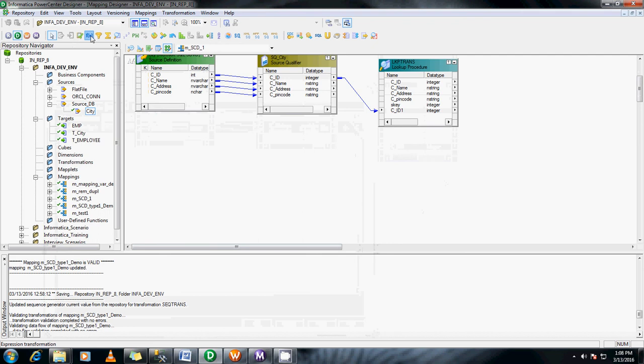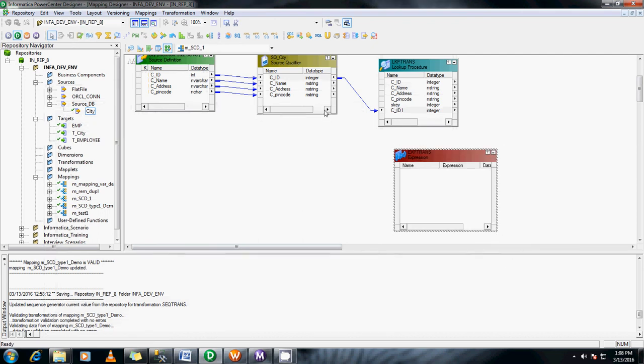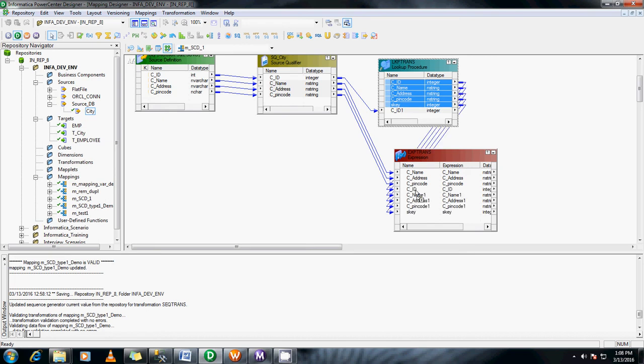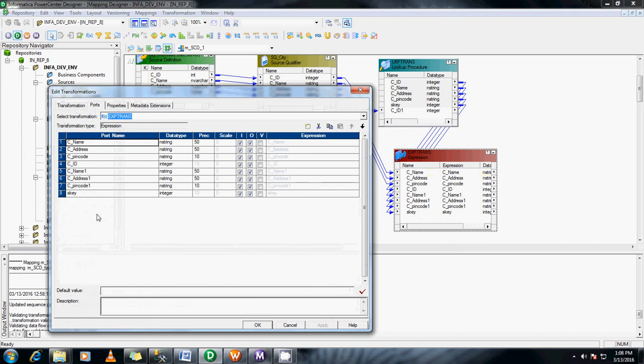Where is this expression transformation? Drag all the columns here along with this. So apart from this, let me add a few more columns.